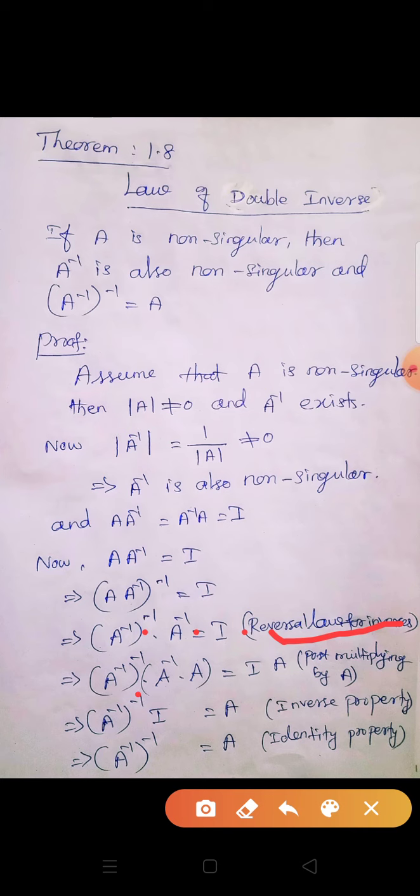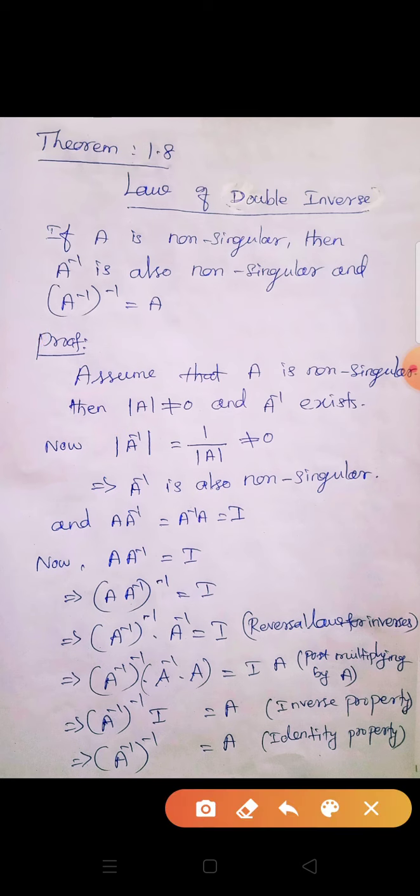Next, post multiplying by A, because A inverse should be cancelled. A inverse into A gives I into A. Now A inverse the whole inverse into A inverse A, by the inverse property we get the answer I. Now I into A is equal to A. A inverse the whole inverse into I, by the identity property, A inverse the whole inverse is equal to what? A. This is our question. Now we proved it. Are you understand?